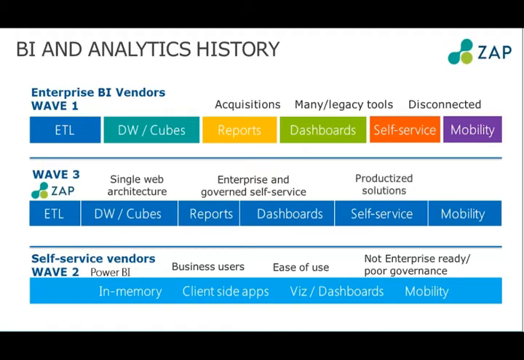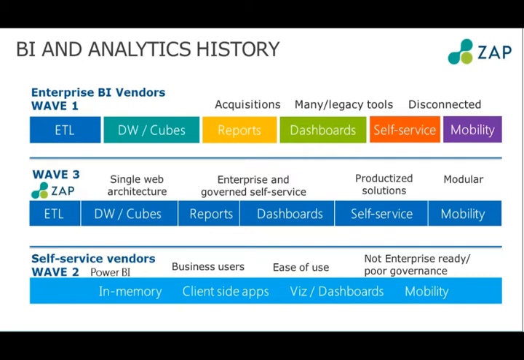The other thing is it needs to be productized, so you don't want to be building all of this. A lot of the self-service vendors and even the enterprise vendors, a lot of their tools are just tools, and you still have to build a lot around that. What you should be looking for in Wave 3 is an opportunity to buy a solution, not really necessarily build it. And if I said to any of you in 2015, would you have built your ERP or would you have built your CRM solution, you'd probably look at me rather strangely: what do you mean, why would we do that when we can buy AX or we can buy NAV or buy CRM? Well, there's nothing different in BI. You should be able to buy a product now that takes you a long way down the track and reduces your risk, and that's really what Wave 3 is about.